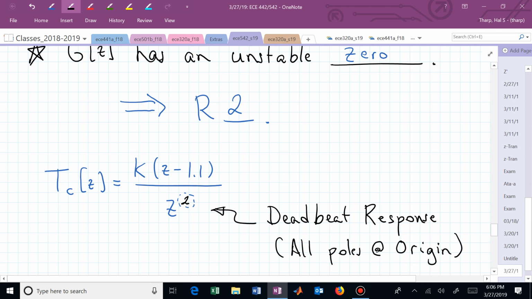Now we have a pole zero excess of 1. We have our unstable factor from restriction 2. Now we've fixed our poles in our denominator to have a deadbeat response. But do you see that I could make this design a little bit more